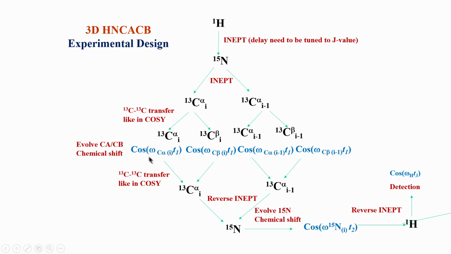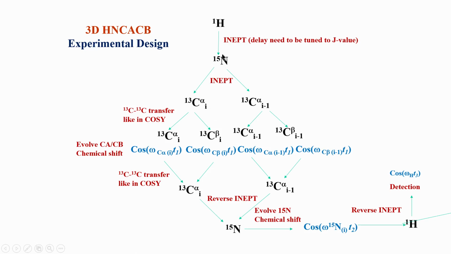Now I reverse the whole operation and go back to my original proton. How do I go back? I put in the same transfer step that was put here, so it goes back into C alpha. Whatever 50% came from here to here goes back. Similarly, what came from here goes back again, it is 50% of 50%, we will not go into detail of that, but this goes back from C beta to C alpha. Similarly, these two which originated from here merge again back into the C alpha I minus 1. Once these two have come, we use another reverse INEPT to go to N15.